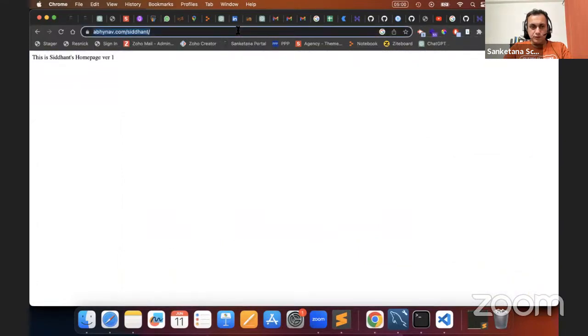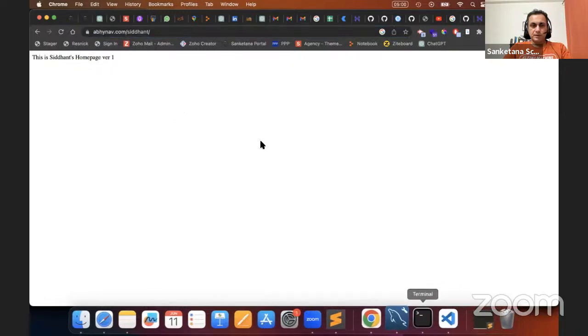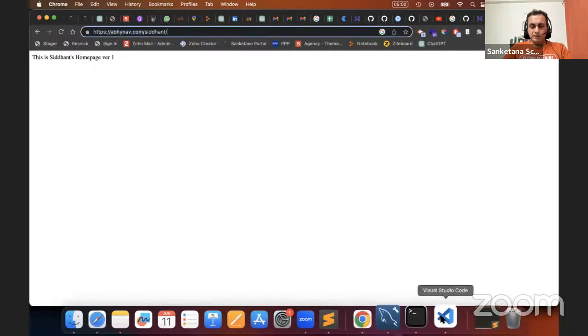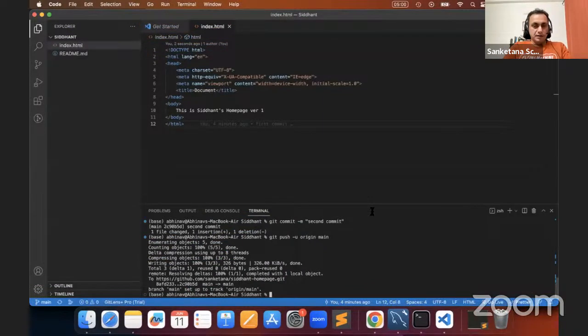Now let's change it to version 2. I want to change this to version 2. Suppose a student is working on his homepage and he has hosted it under his own subdomain, and he is making changes to his website, and the changes he is doing on his local should be automatically reflected on his subdomain. What he can do, he's working on his local, he can just say version 2, save it,